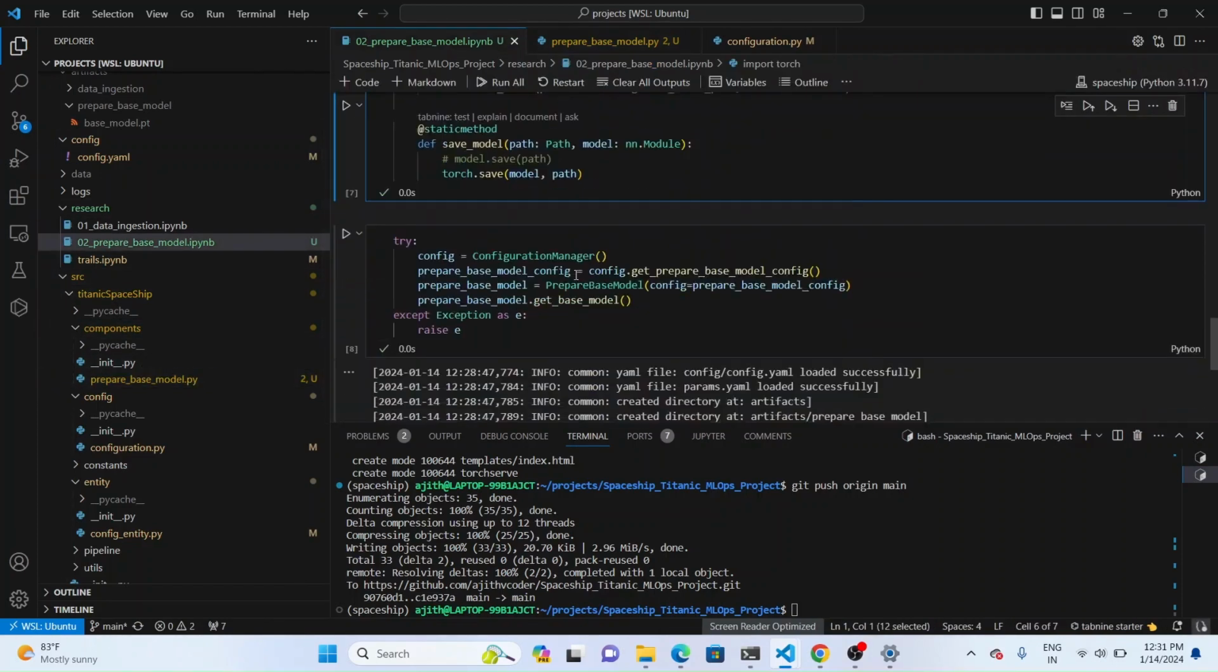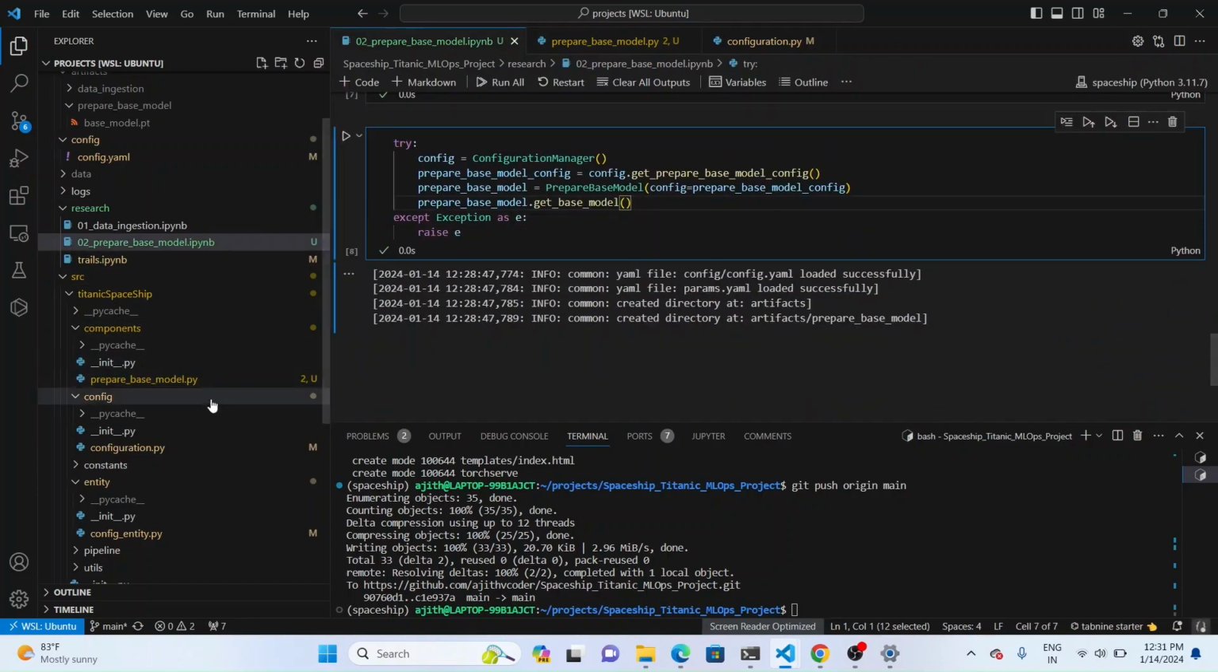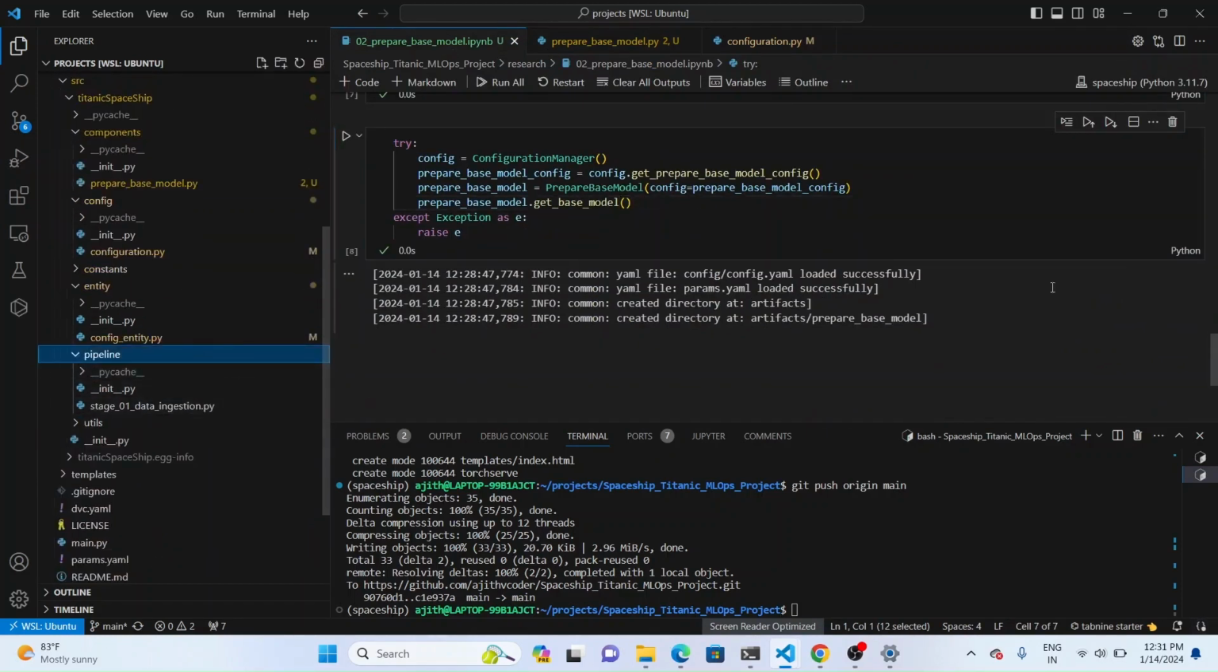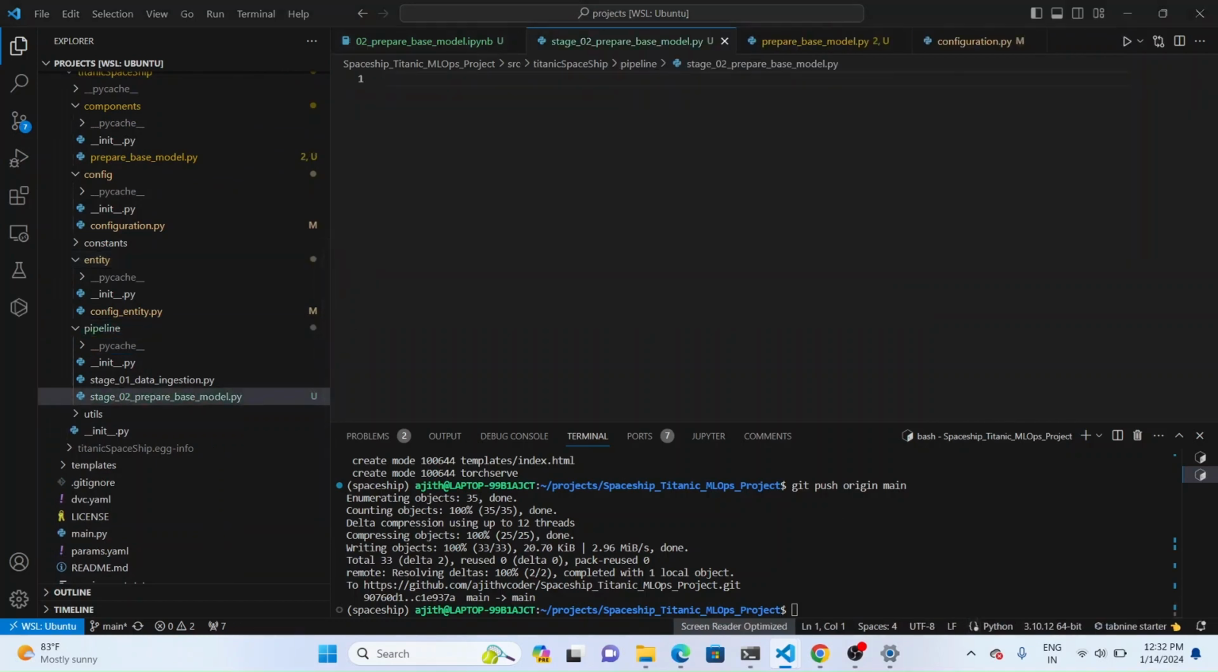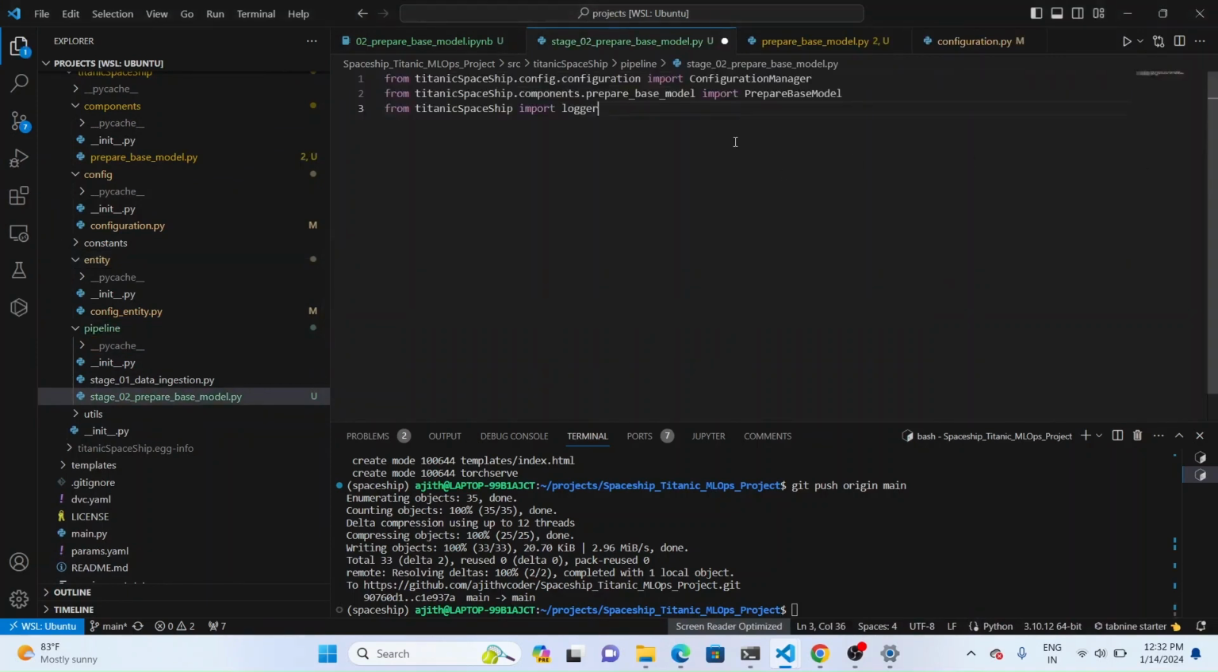After this, this one we have to write inside the pipeline. So if we go inside the pipeline, stage 02, prepare base model.py. Inside this, we have to write the stage name, prepare base model, and then we have to write the class name and initialize it, and then